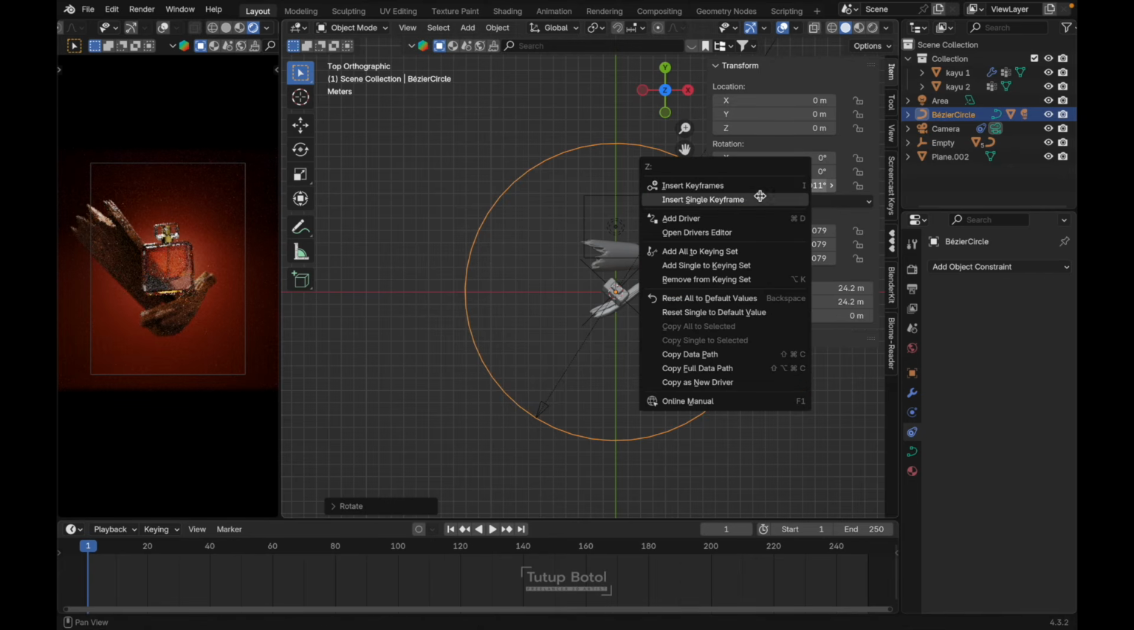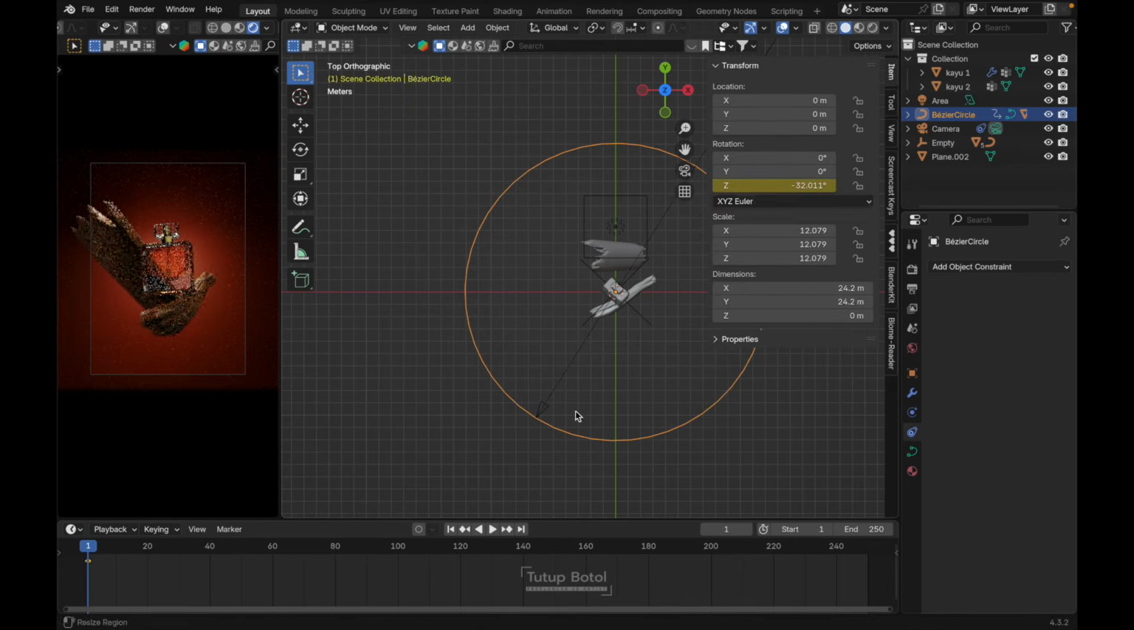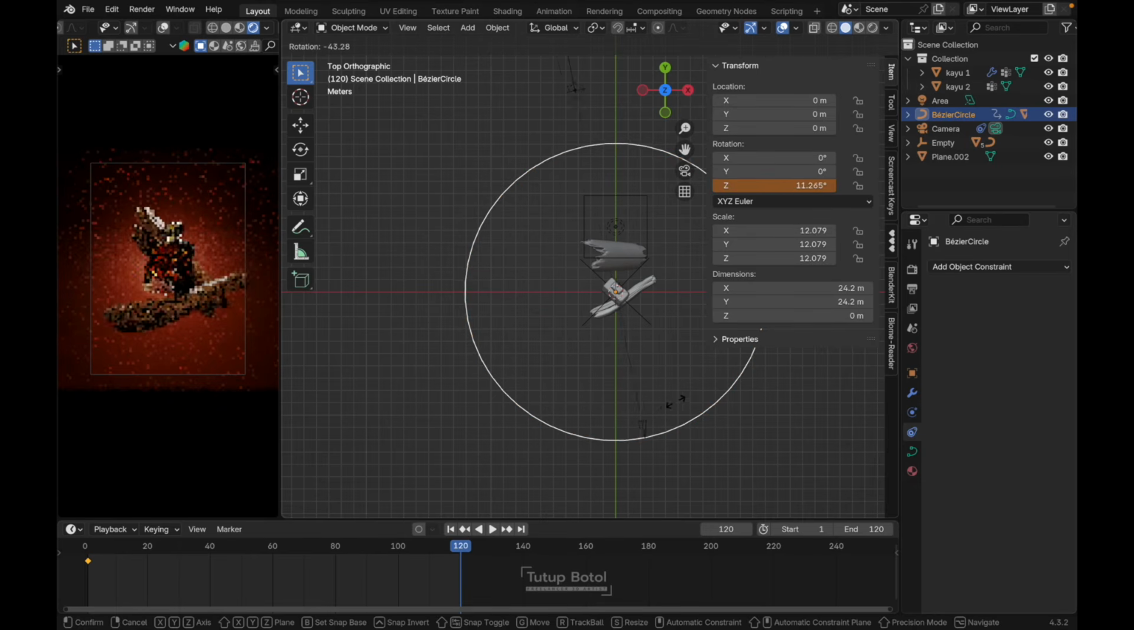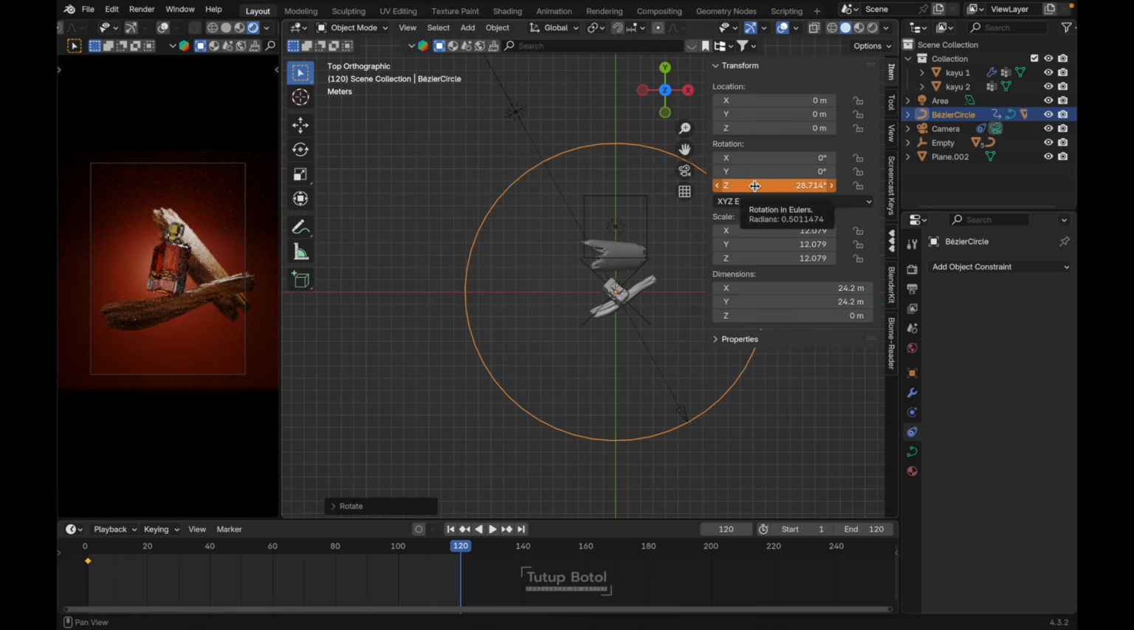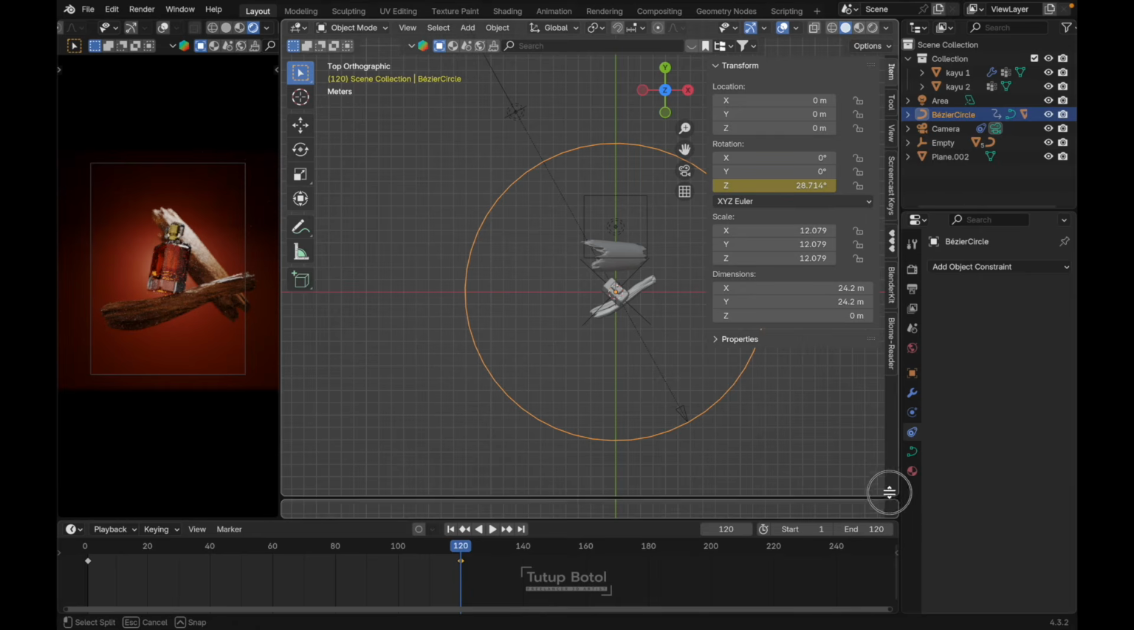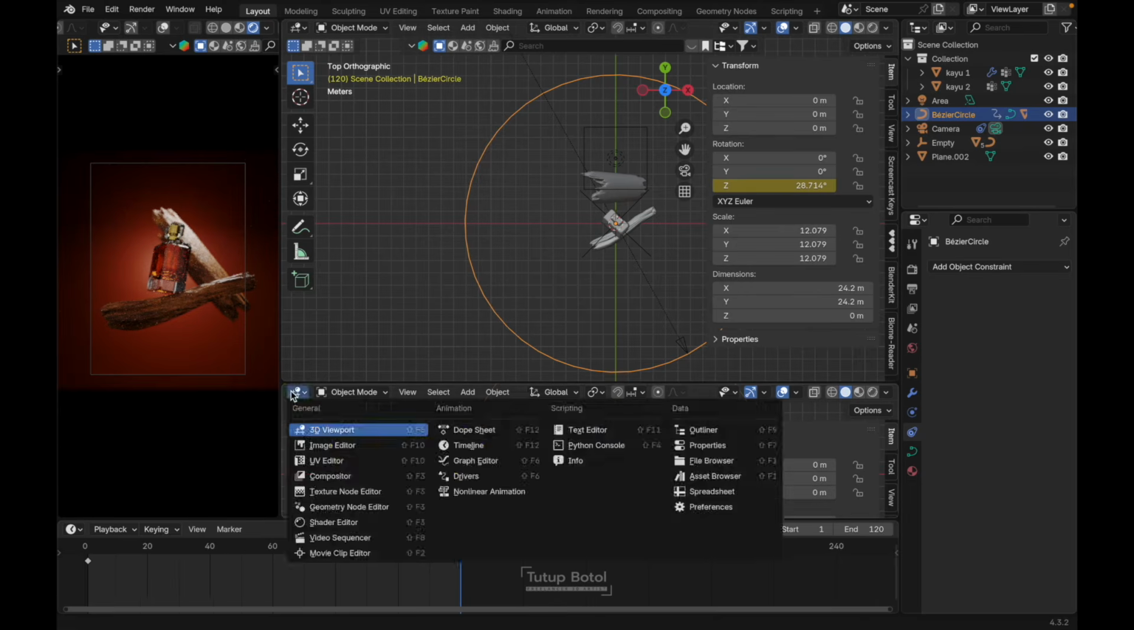Insert single keyframe here at the Z rotation. Then let's move to probably 120, and here change it to 120 also. Then press R to rotate it back here, just like this. Right click, insert single keyframe, then click like this, grab, create a new window, click here, change